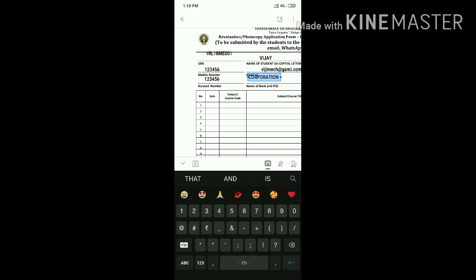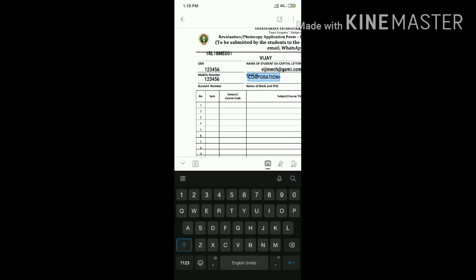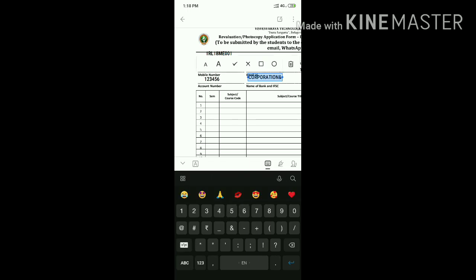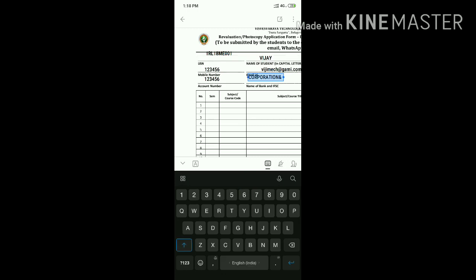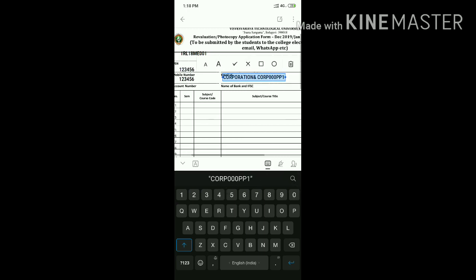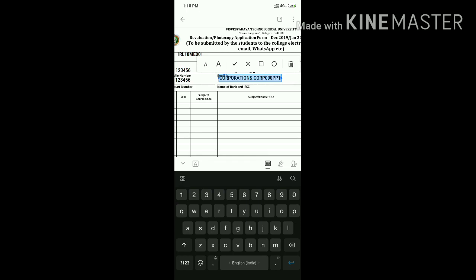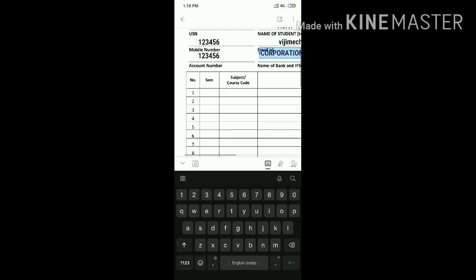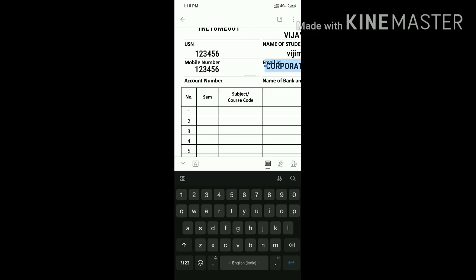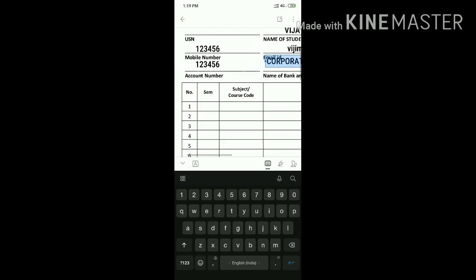And the IFSC code, suppose my IFSC code is CORP123451. With respect to your passbook, please enter your account number, the name of the bank, and the IFSC code properly.